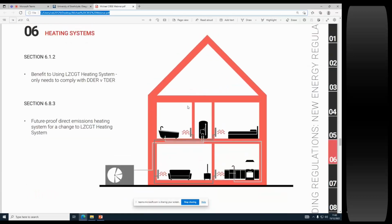Heating systems, again, we're all pushing forward to using low energy systems. So that is using heat pumps. As we talked before, you now have to design for those being in the future. So if you have a hot water cylinder and you have larger radiators and you design that in now, it means if it's a heat pump or heat pumps become better, then you can easily add that on,